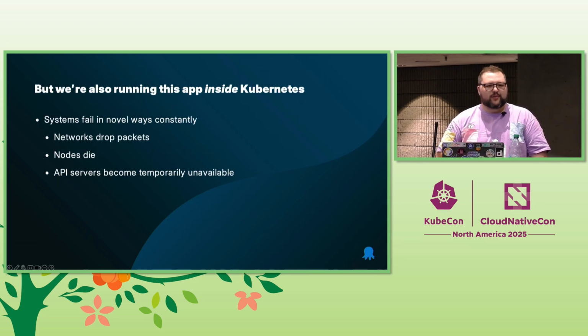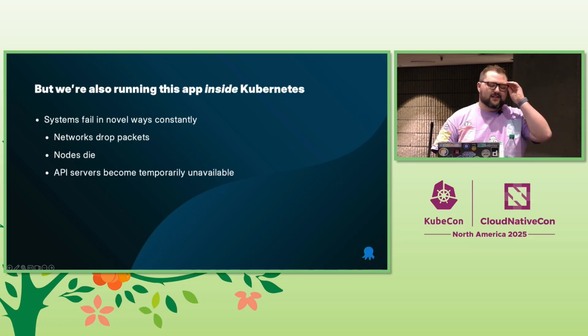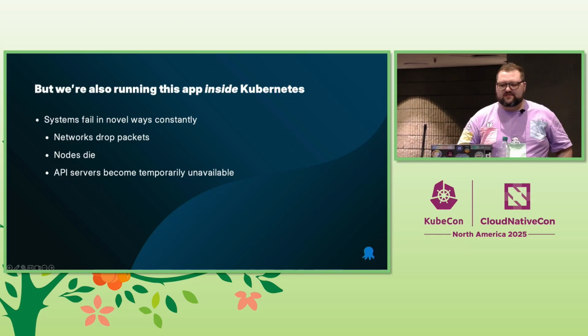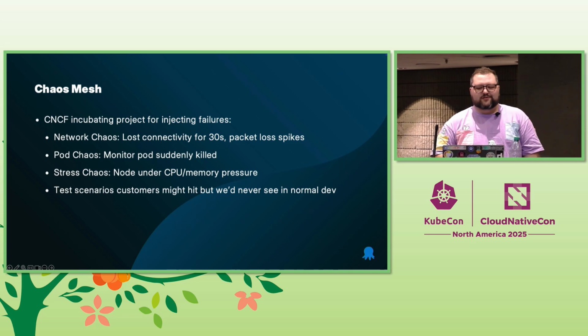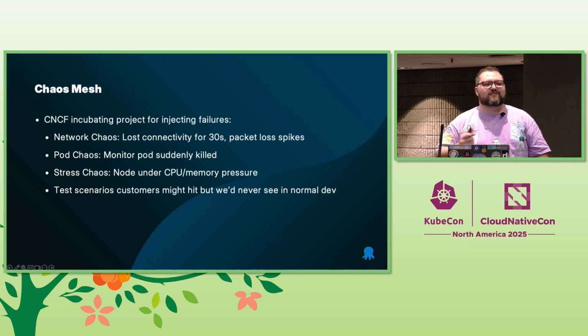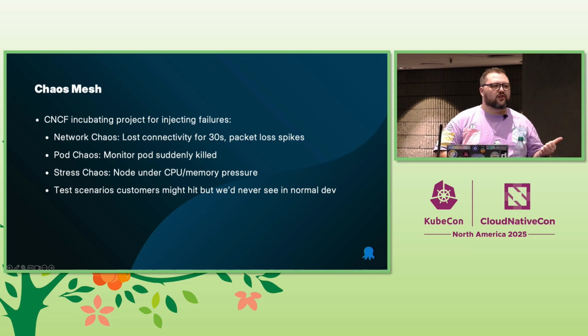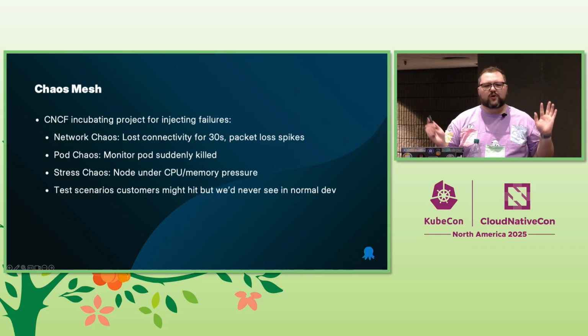That was great fun, but even after doing all of that, turns out that things were still breaking in even just our test cluster, and we didn't really know why. And it's probably because things fail in Kubernetes in fun ways sometimes. Networks drop packets, the API server goes away, nodes die, a whole bunch of stuff happens. So we then used Chaos Mesh. We can run experiments to validate a whole bunch of stuff, including network chaos, pod chaos, stress chaos, a whole bunch of fun stuff. It's a great project. Check it out. It's also CNCF.